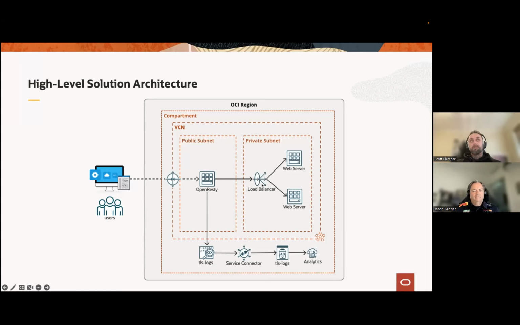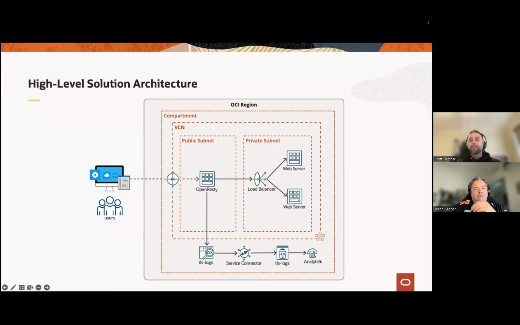You could put your load balancer in the public subnet as well if you weren't wanting to move it into a private subnet, but basically everything else about your workload stays the same. It goes through an internet gateway. You load your SSL certificate on OpenResty. It's Nginx, really straightforward. And then all we're doing is using LuaJIT to write to some TLS logs, which are then going